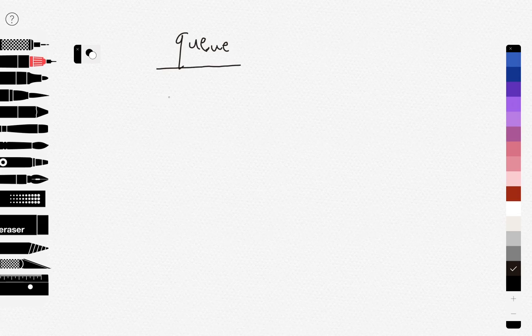So now what happens is that we put 1 comma 1 in our queue, then we put 2 comma 2, and then let's say we put 3 comma 3. Now this 1 comma 1 is the least recently used value, so we remove this from our queue, and our queue becomes 2 comma 2 and 3 comma 3. But now you might be wondering what happens if we call get 2.